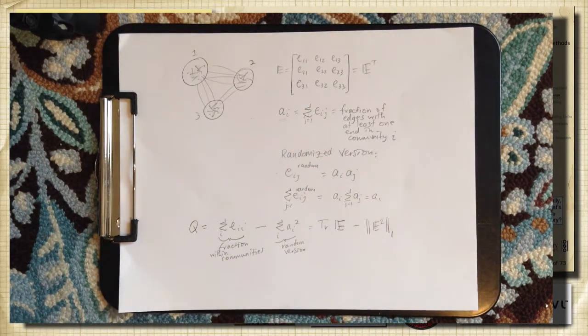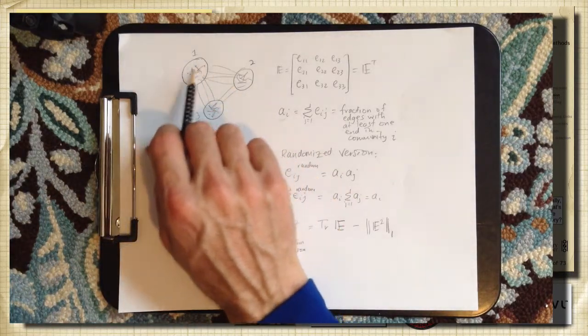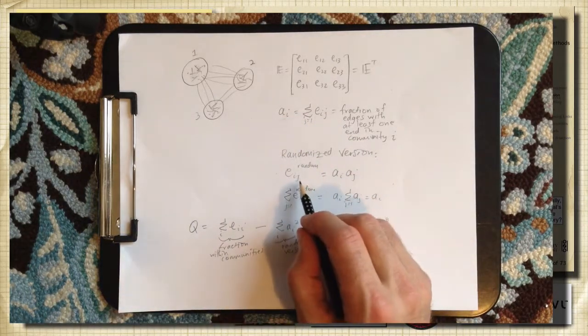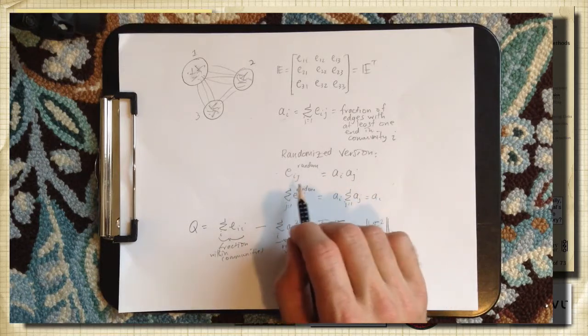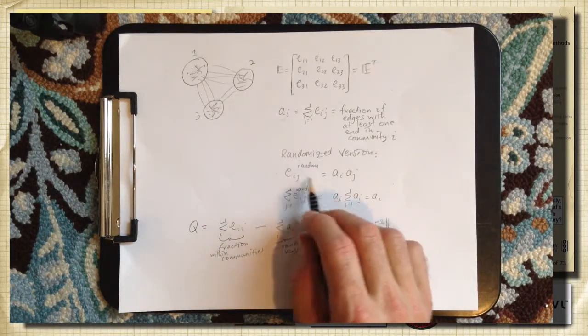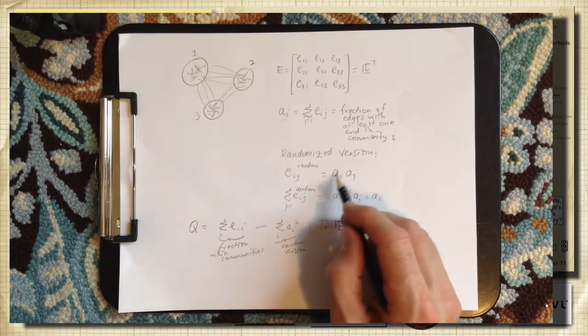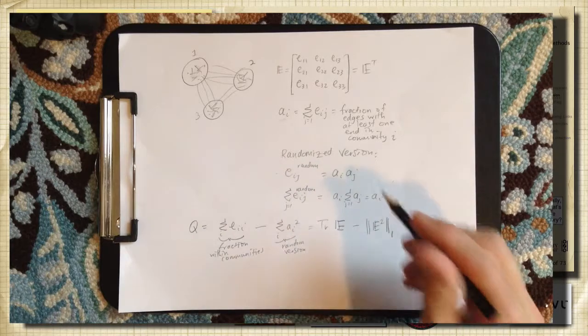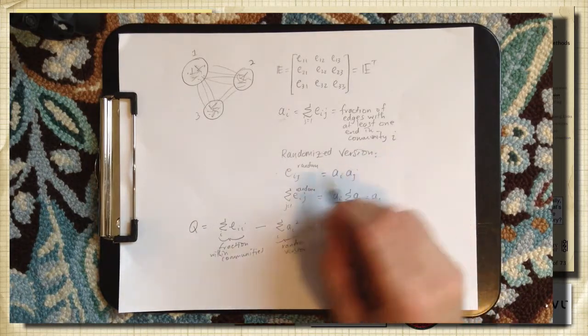That's a good thing to know. Once we start to think about a random version of this, and we always want to compare to a random version, we'll need to understand the degree of these things. So for the randomized version, we can at least write down how the edges would be distributed. e_ij random is now a_i times a_j. This is the fraction of edges coming out of community i and community j, and we just multiply those two together. So now it's independent; it's been separated.